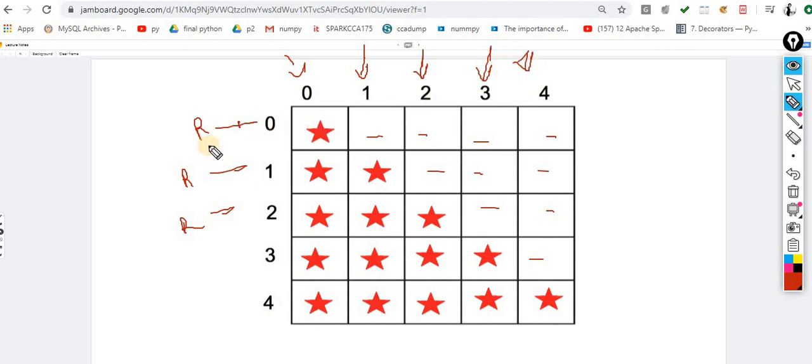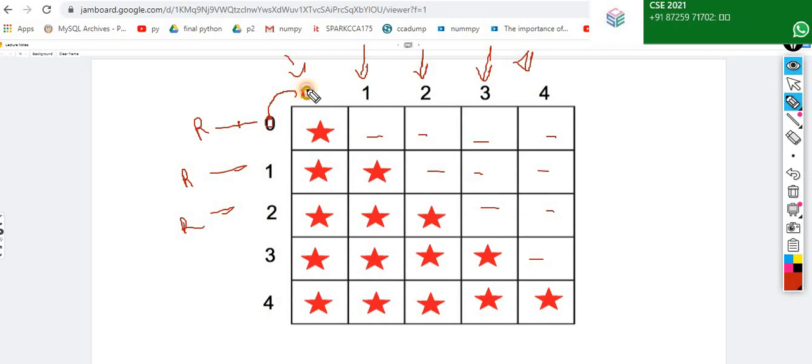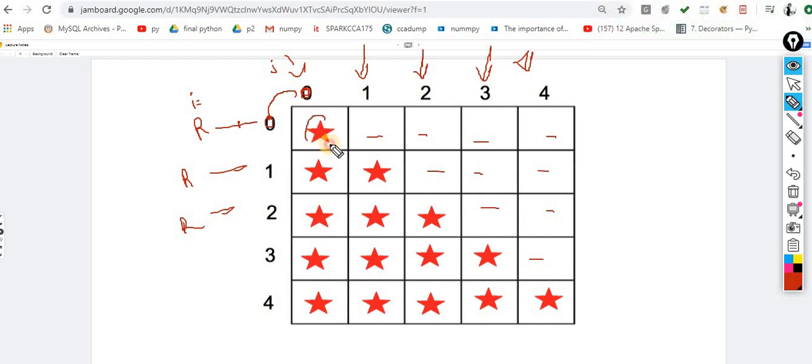Now if I clearly observe 0 0, I am getting these x's and y's. Just imagine this is the i value and this is the j value. The first star is printed on 0 0. The second one is printed on 1 0, 1 1.